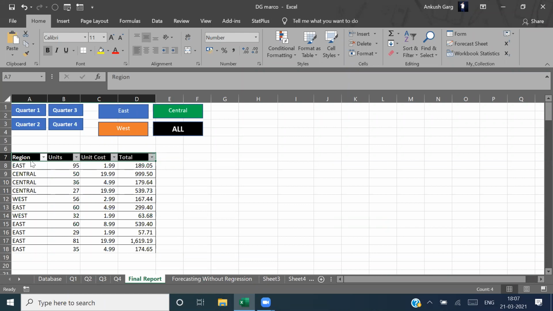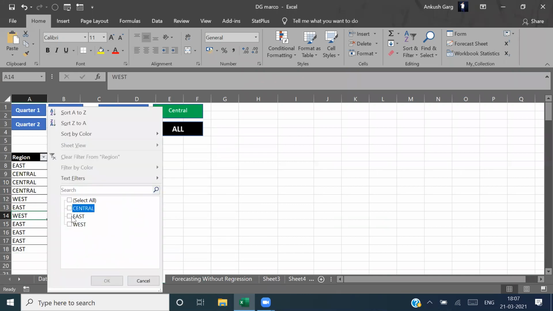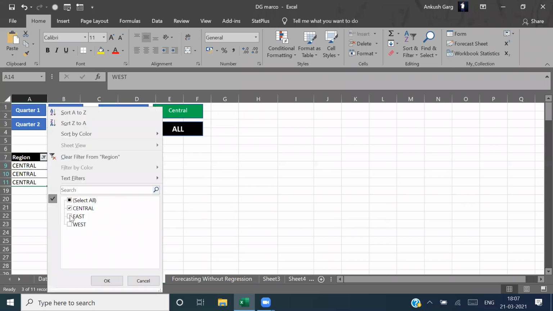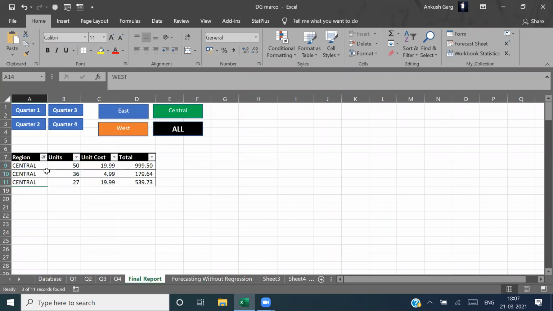In this data set, we have a region column with three regions. Let's suppose I am filtering out my central region and click on OK. Then again we need to go to the east, then west, likewise. So it will take a lot of time. What we can do is record these steps and put them as a macro.